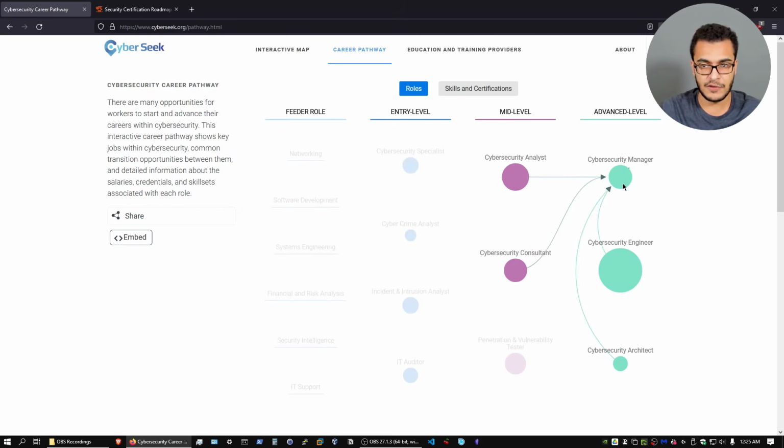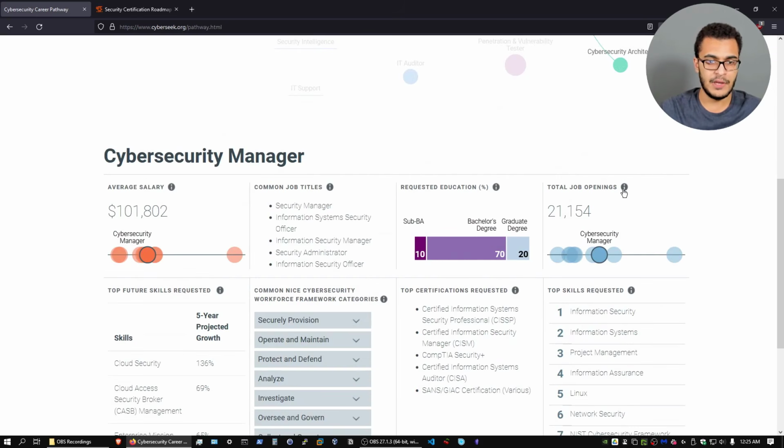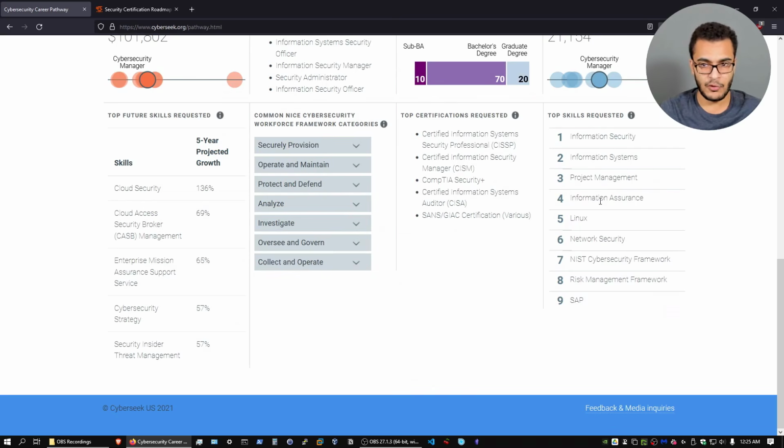So you have your cybersecurity manager, right? So cybersecurity manager, this is more of an administrative role. As it says right over here, the top future skills, we can see that it's all moving toward the cloud. And in regards to the other skills, you need to have the ability to create a cybersecurity plan or a security policy, and you need to be able to help a company essentially set up, maintain, and manage the security of a company, right?